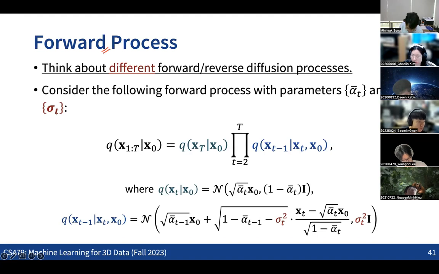One big change in the forward process is that we are introducing new parameters, sigma. In the previous slide, we had the parameters beta_t, right? Which can be computed if we have the set of alpha hat. That's what we have seen in the previous slide. We're going to assume that now we have the parameters alpha hat and also sigma as well. So these are the new parameters.